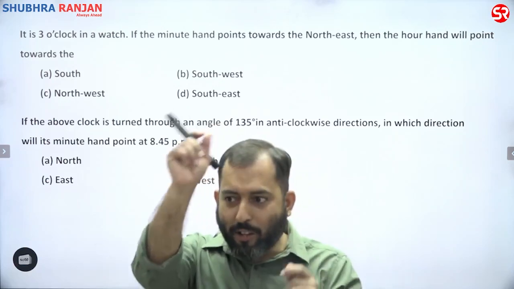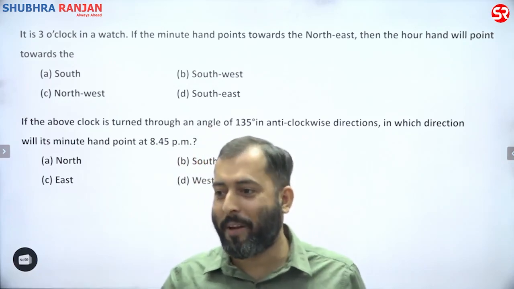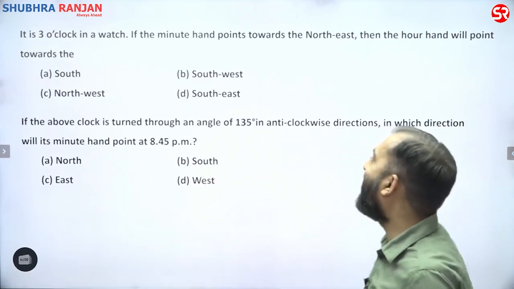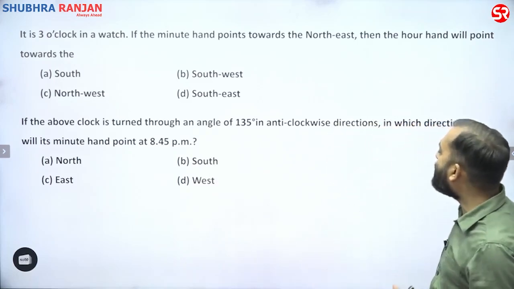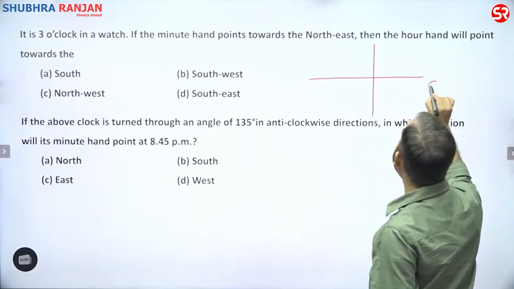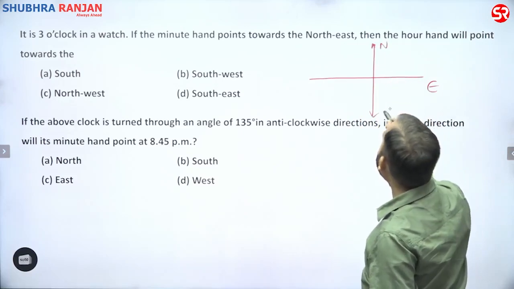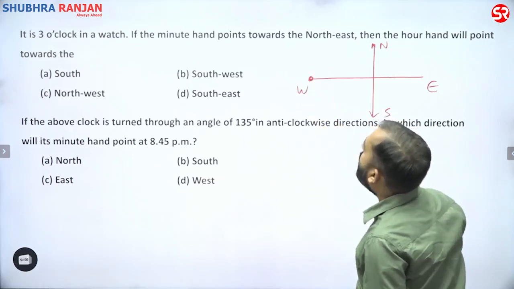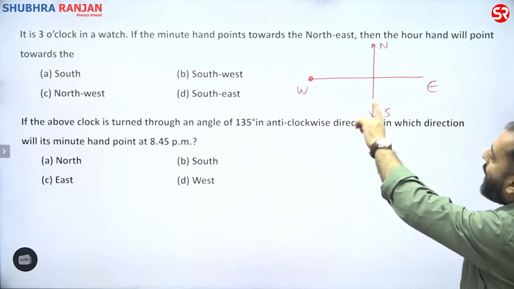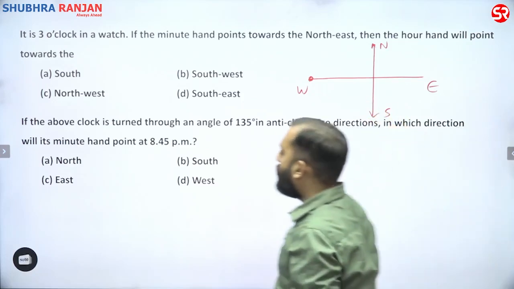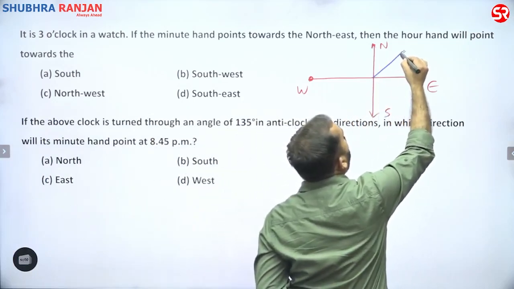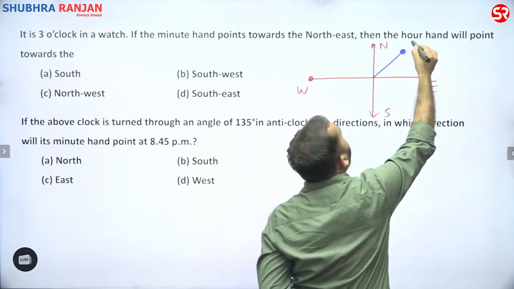Now remember, आप घड़ी को मोड़ सकते हो, यहाँ पे डायरेक्शन वैसे ही रहेंगे. Right? See what has happened here in question number 1. Let's say this is east direction, north, south and west. Now what this question is saying, it is 3 o'clock in a watch and minute hand points towards the northeast. So northeast, so this is northeast, and over here we have 12 o'clock,